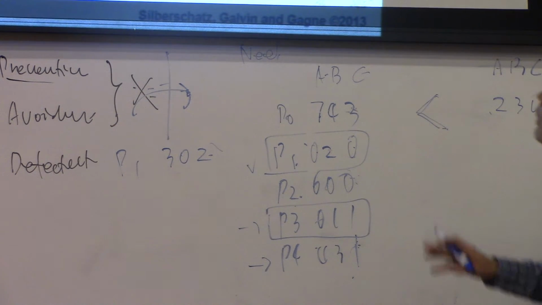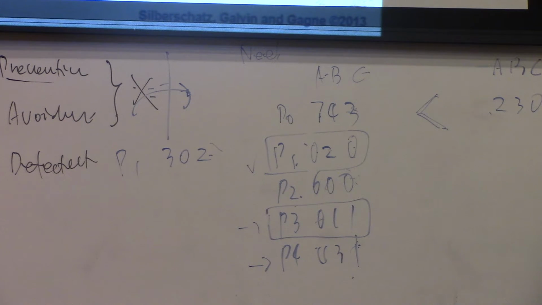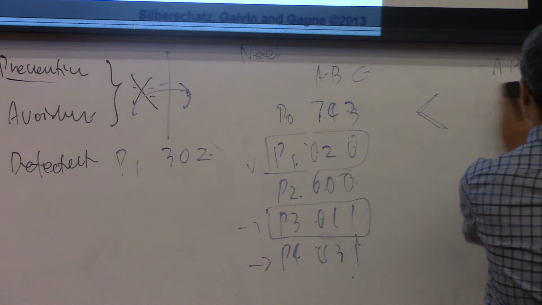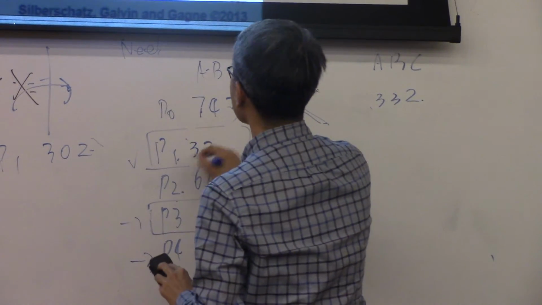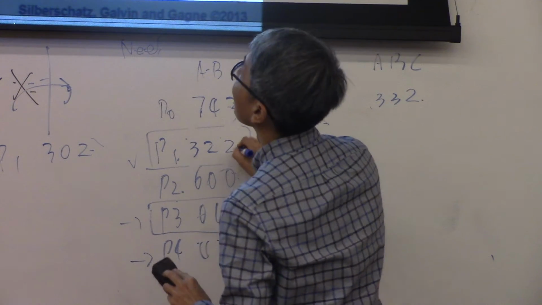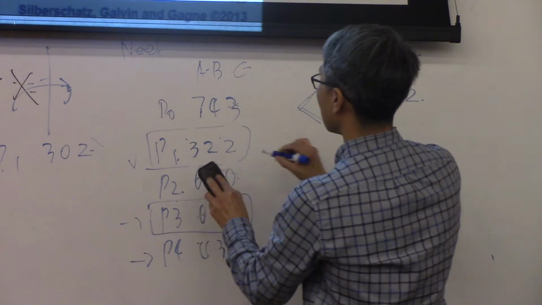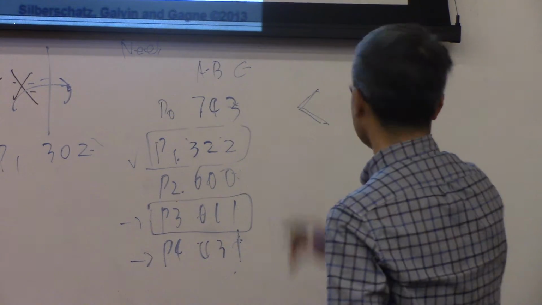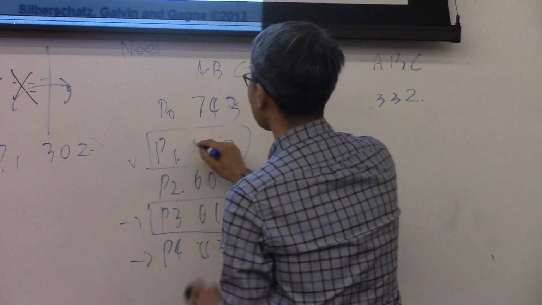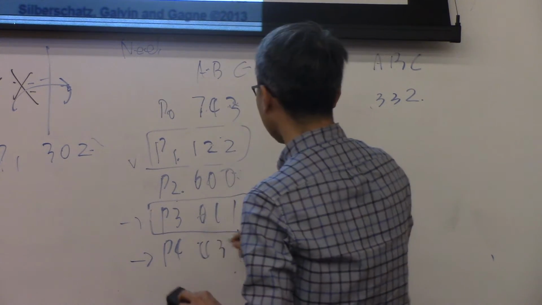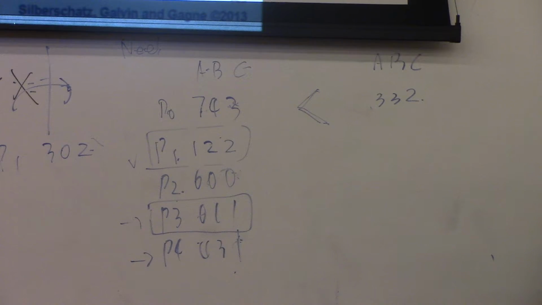So let's say using the previous case, not this one. Available 3, 3, 2. So this is a 3, 2, 2. No, it's a 1. It's a need. Where is the need? Need is 7, 4, 3, 1, 2, 2, 6, 0, 0, 0, 1, 1, 4, 3, 1. Okay. Then, in case P4 requests